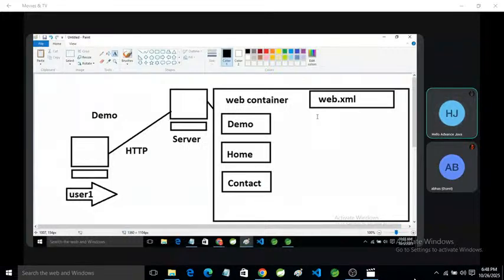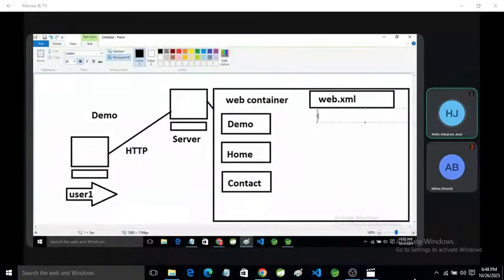On the basis of this information, the web container creates the object of the demo class.